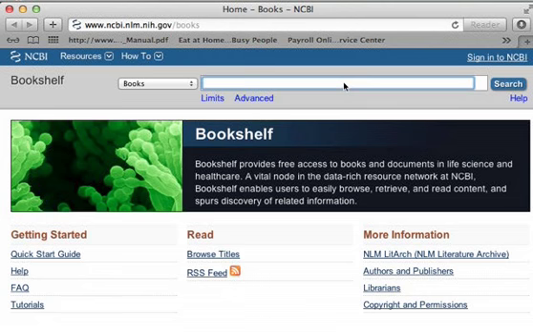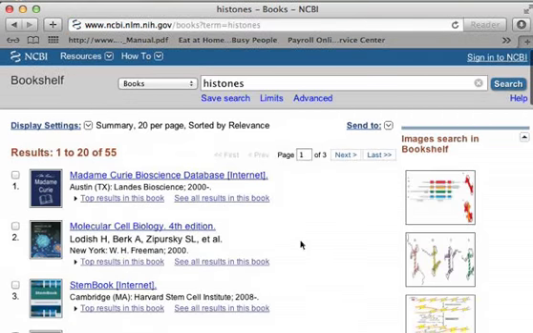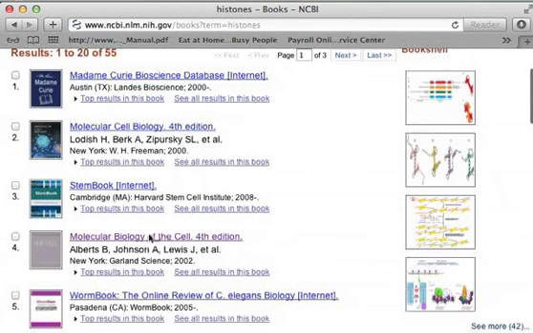The reason I show you this website is because you should not limit yourself to Alberts. You can do anything. So let's say we're learning about histones. You put that in, and a bunch of books will come up. Here's ours. If you click on that, it goes to the book site. But if you click on see all results in this book,